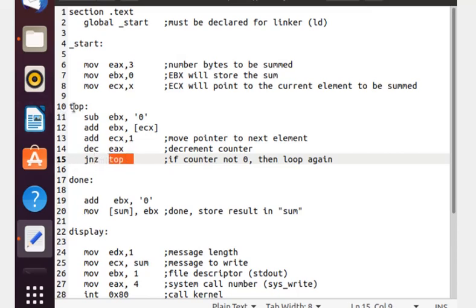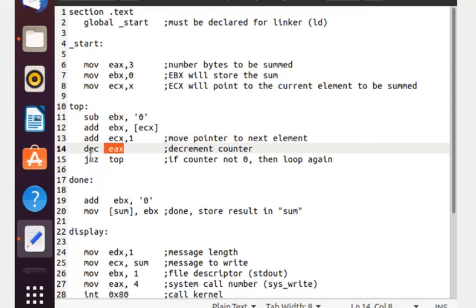So then we enter our last iteration. In the last iteration, again we convert it into decimal. We add the current item in your ECX register, the current item of your array, that is the third item, with your EBX, that is the sum variable. After that we increment the ECX by 1, that means the array will move to the next item, and then we decrement your EAX register.